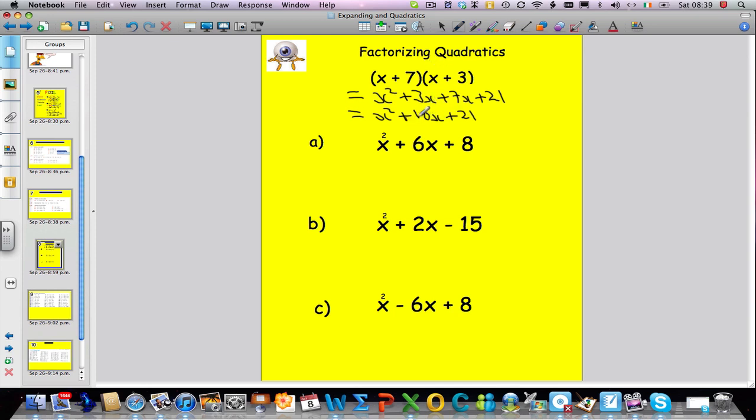Now in this video what we're going to do is we're actually going to take the quadratic and go in reverse. So we want to go backwards, we want to end up with something like that. So let's get straight into it. First things first,